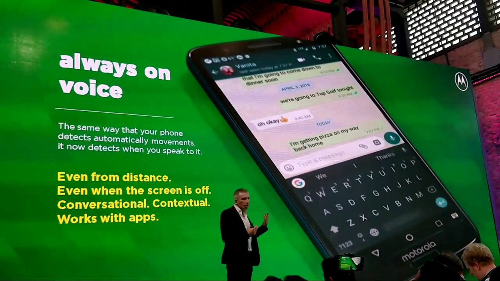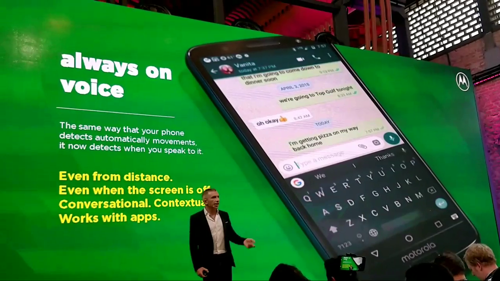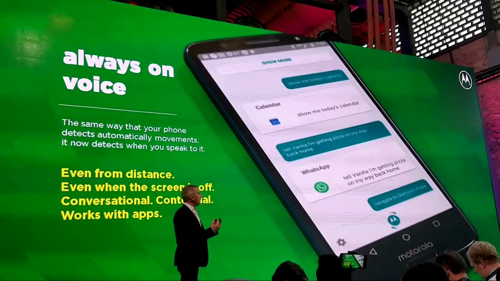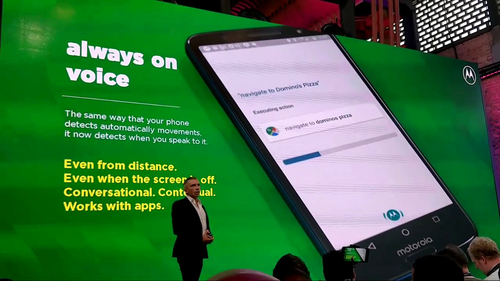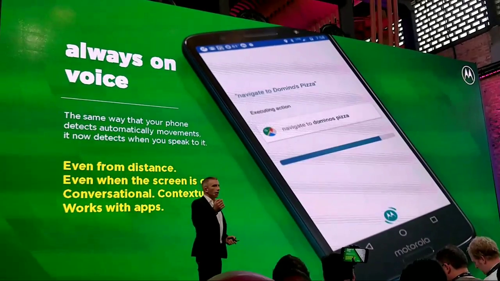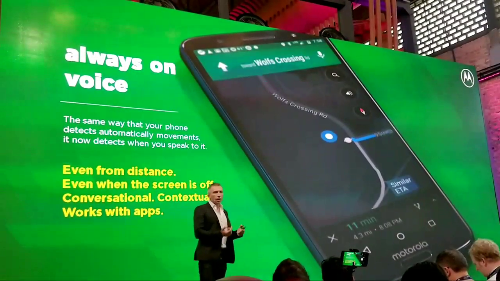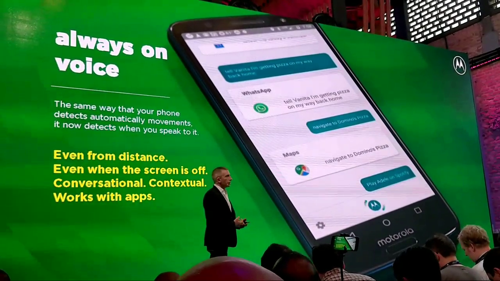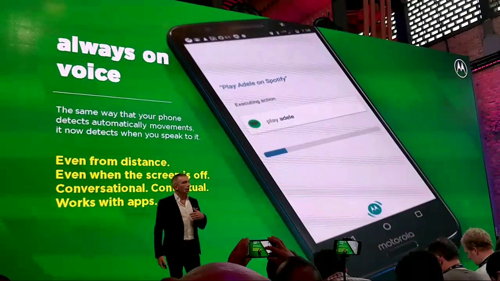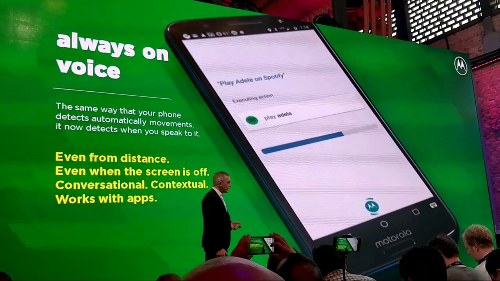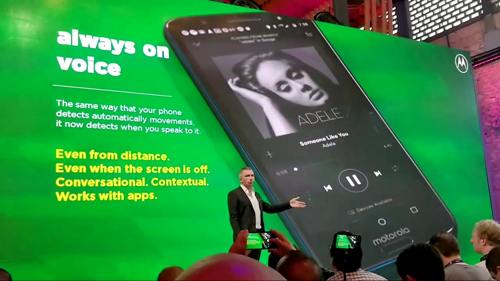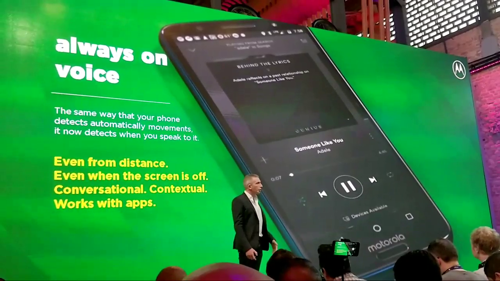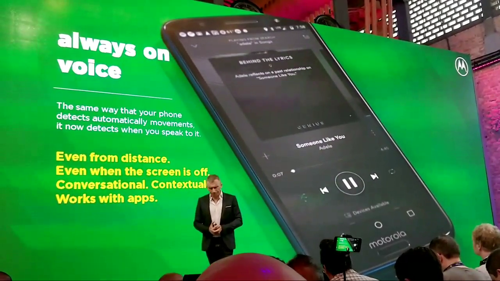So of course you can, if you like, ask for the weather forecast. It can do that. But it can do a lot more than that. It can really interact with you. So say, for example, I'm asking to get the next flight to Beijing. Then the device will ask me which airline I prefer. And then I will reply. And I really engage in a conversation with the device. And there are so many things you can do. You can ask to listen to your music. You can ask to recognize music. You can ask to see the next episode of your favorite TV show. And it will fire up your favorite streaming app without you making any setup for that.